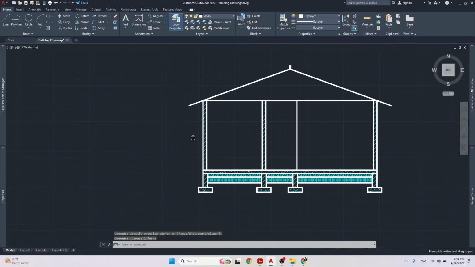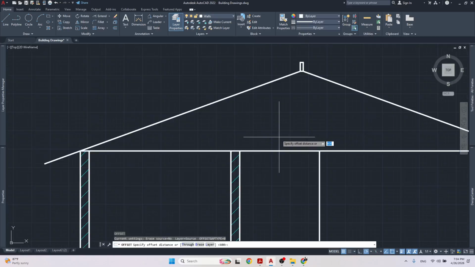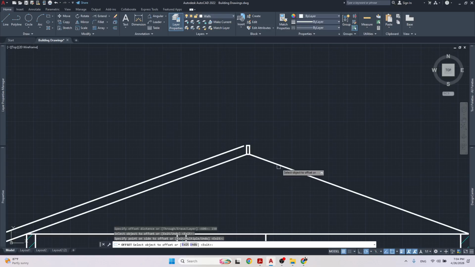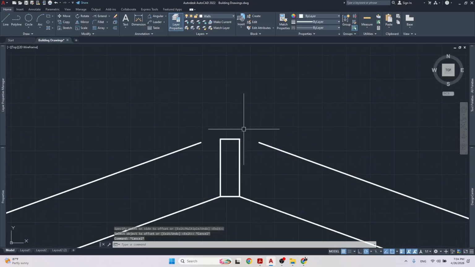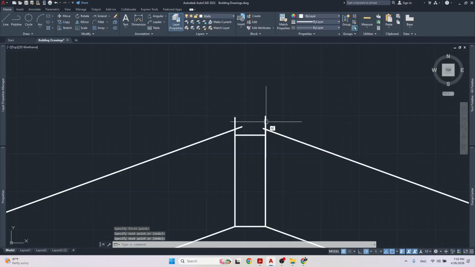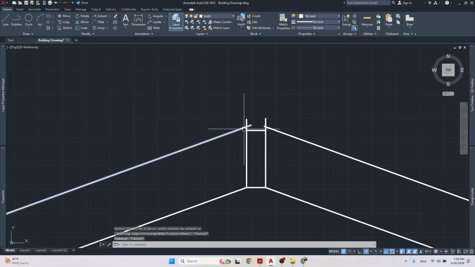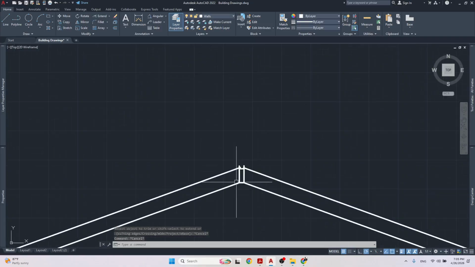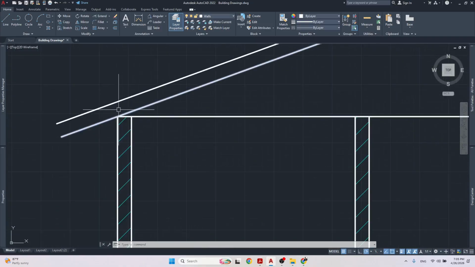All right, and then I would offset 150 millimeters, which is the thickness of the rafter, upwards, like so. And then I could bring this across like this. All right, and then what I would probably do is just bring this up. The other thing you could do is do the top line and then come down. But when I do this, I like to use the bottom line because I could rest it right on the roof line. Okay,